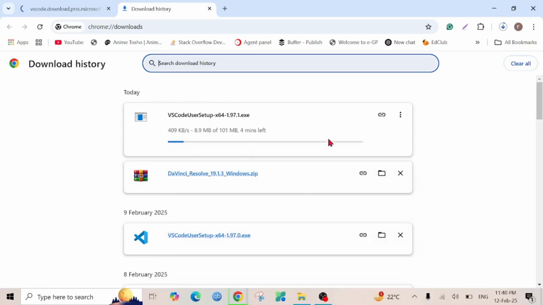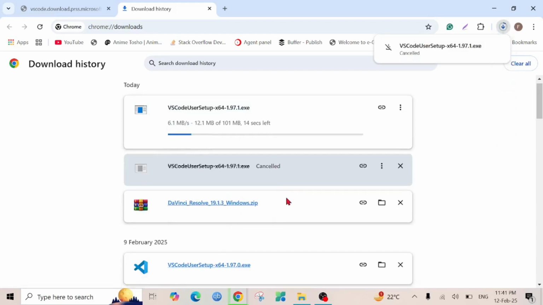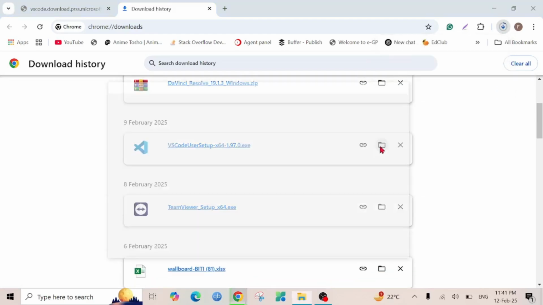As you can see, my download has already automatically started, but I previously downloaded this one, so I don't need to download it again. So I'm going to go to the folder that I downloaded previously,